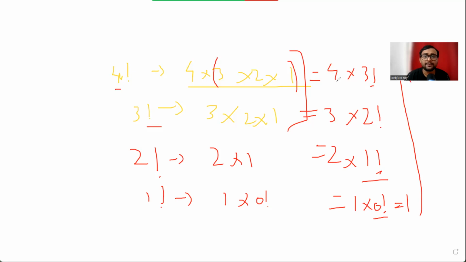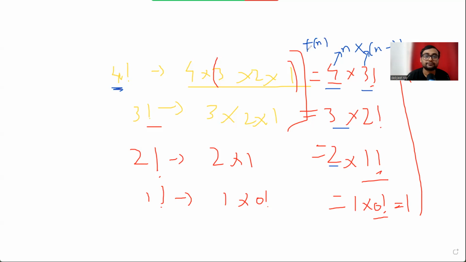From this, you will get a pattern, right? Can't you see any pattern here? What pattern can you see with an existing number which you want to calculate? If I know the n minus 1th factorial, can I get the nth factorial? It's possible, right? So let's consider this as n. And this is how much? It's n minus 1, right? n minus 1 factorial. If I multiply these two,